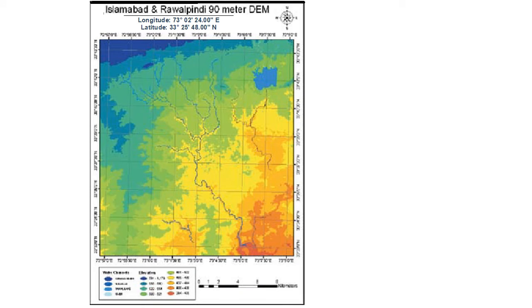Ladies and gentlemen, again we are talking about this G sheet issued by Survey of Pakistan. This is about Islamabad and Rawalpindi area. I have written clearly the longitude 73°02' and latitude 33°25'. The starting point is on the extreme left corner, and the total distance covered in minutes is 15